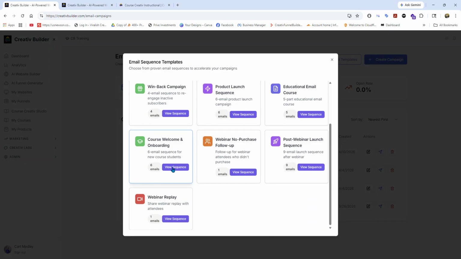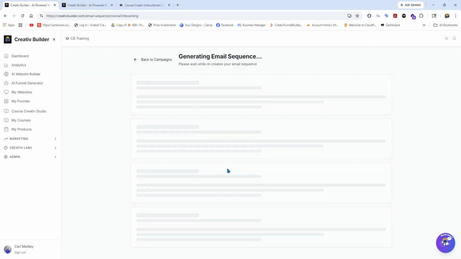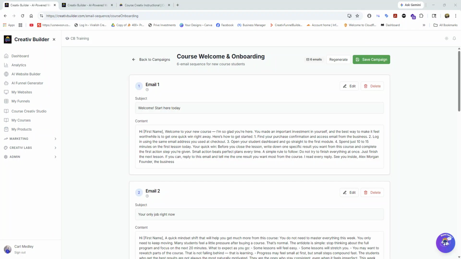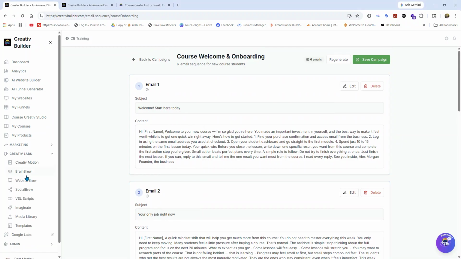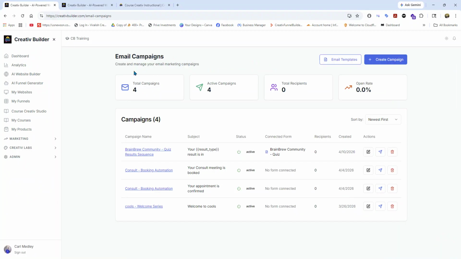So let's go ahead and generate the sequence. Okay, that took about 2 minutes for it to generate a 6 email sequence for new course students, new enrollments. And if you have any questions about how the email campaign builder works, you can watch that video. But let's go ahead and move on to our automation. So we got our course welcome and onboarding. So we'll just click back to campaigns and